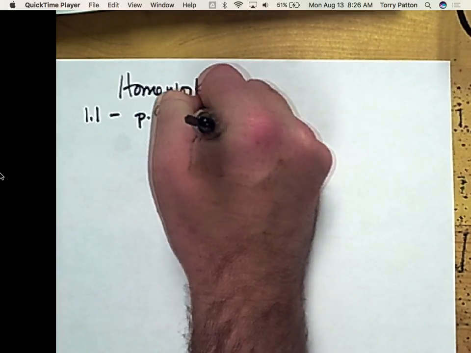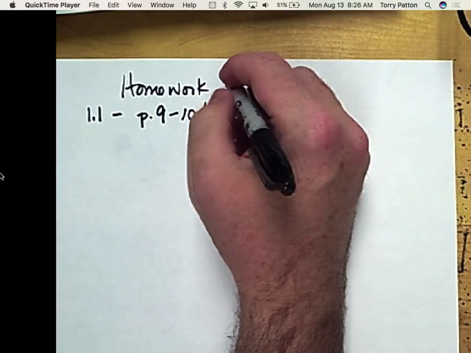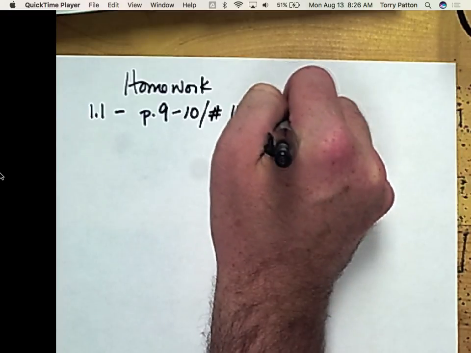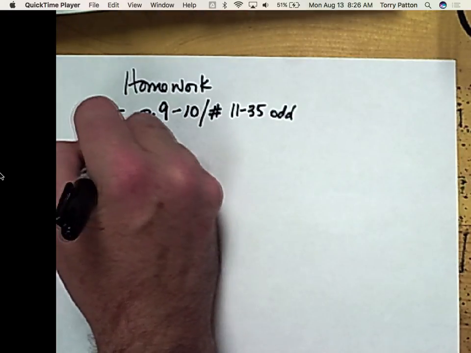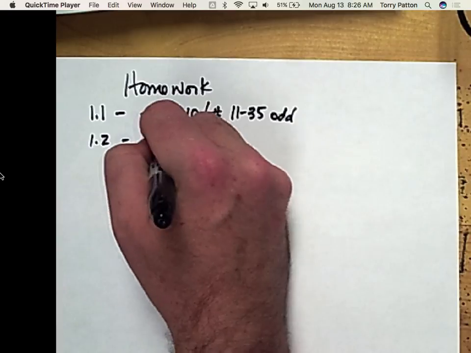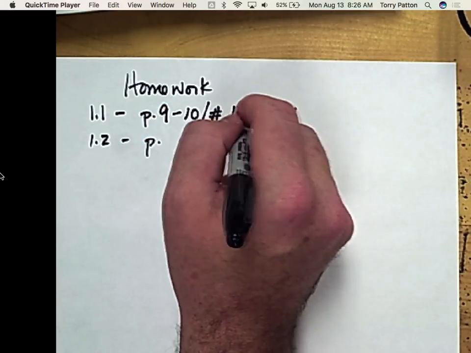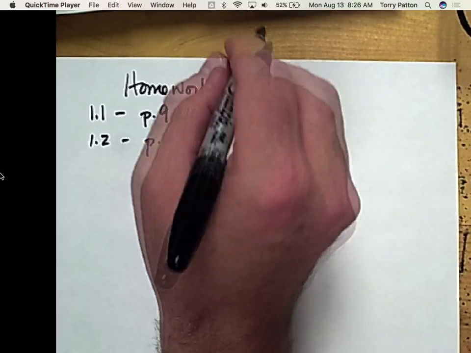I want you to do numbers 11 through 35 odd. For 1-2, which is on page 16 and 17,